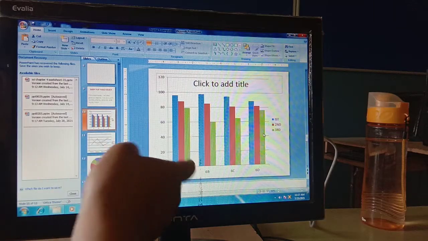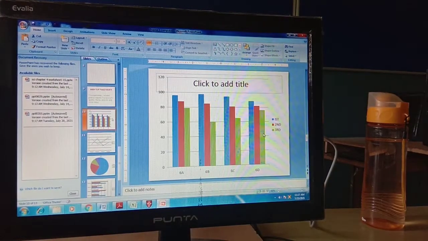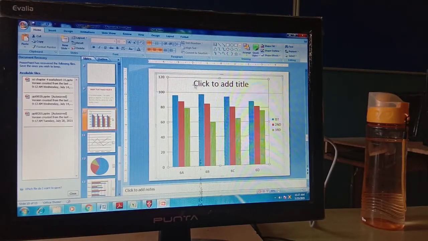As I already explained, whenever you insert any chart, a data sheet also comes with it. That is called the data sheet window. A special window comes with it. I have explained the components of a chart earlier, and how to format them. You can also format its plotting area, its value axis, data series.